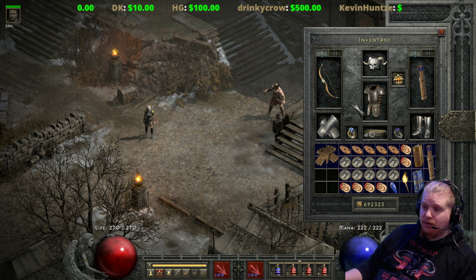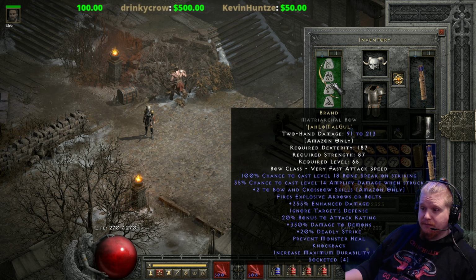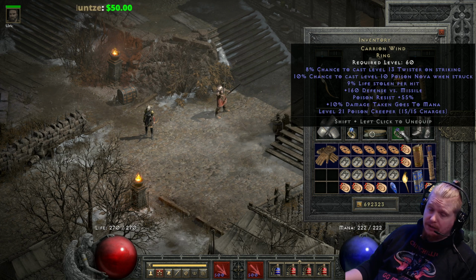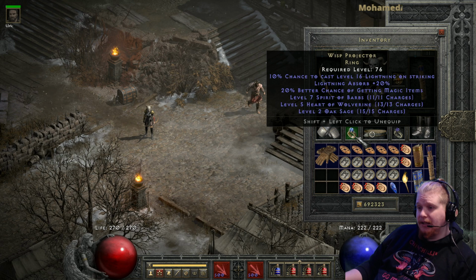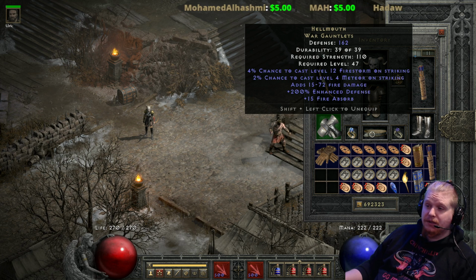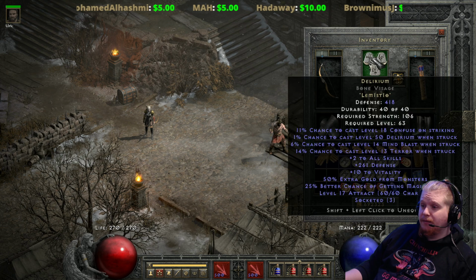So this is just Strafe, though. And this is just the Bone Spear. Now, there's other things. We also have the proccing effects from Carrion Wind, which gives us level 13 Twister on striking at an 8% chance. We also have a level 16 Lightning coming from the Wish Projector at a 10% chance. We have the 4% chance to cast level 12 Firestorm and the 2% chance to cast level 4 Meteor on the Hellmouth War Gauntlets. And then we also have the